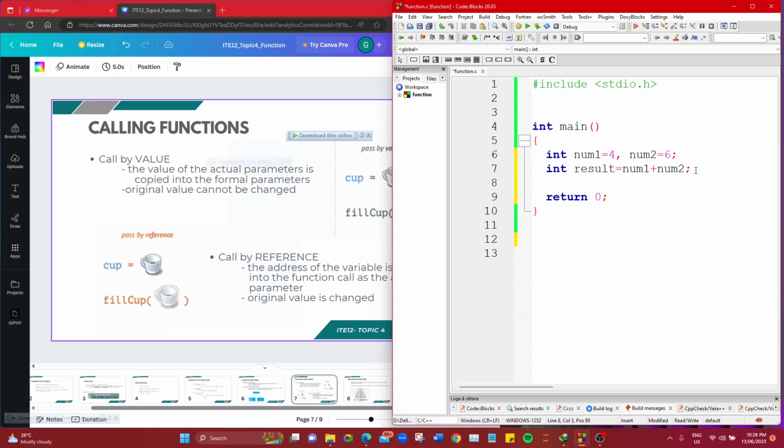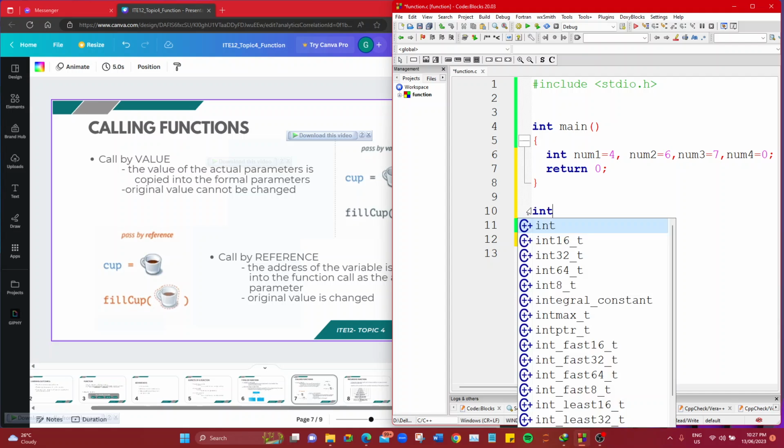So to help reuse our code, because we keep repeating ourselves when we add another set of numbers, let's say we have num3 equals 7 and num4 equals 0. When we add num3 and num4, we create another variable that will store the resulting value when added. To avoid that and keep our code from getting long, especially if we have many numbers to add or use addition and subtraction many times,